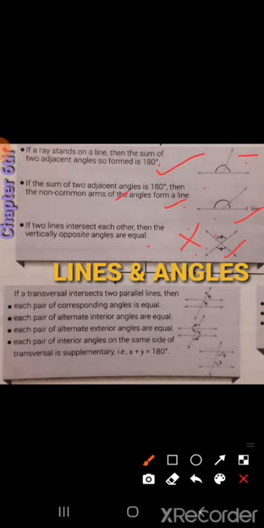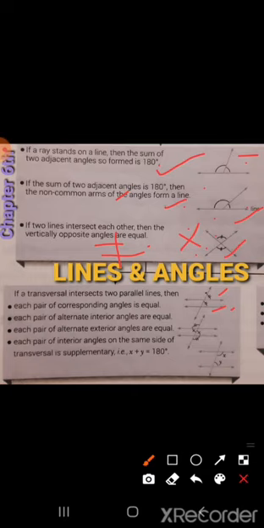Okay, coming to the bottom. If there is a transversal which intersects two parallel lines in this manner, it's called a transversal. Look at this figure, there are two parallel lines given to you and one transversal intersects them at two different points, then each pair of corresponding angles will always be equal. We have learned in the last slides of this chapter, if you remember, when you started the chapter, there were topics regarding corresponding angles. So these are corresponding angles, okay? Their faces are on one side. Corresponding angles, their measurement is always equal.